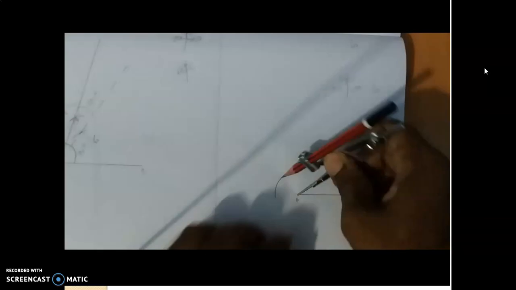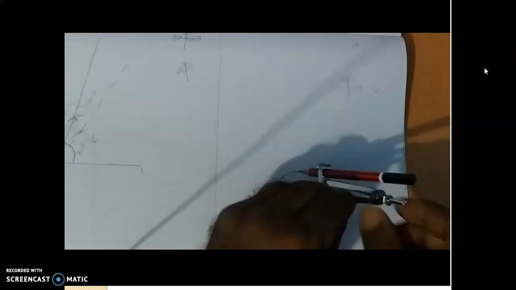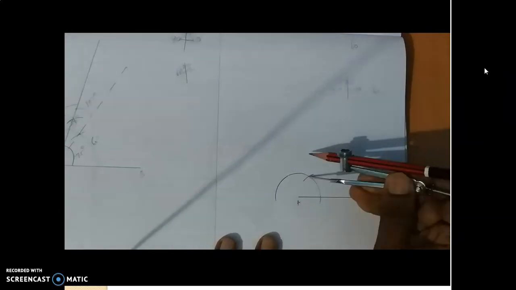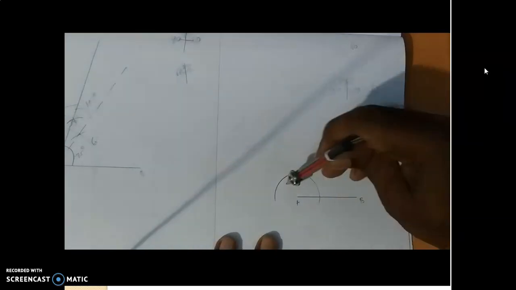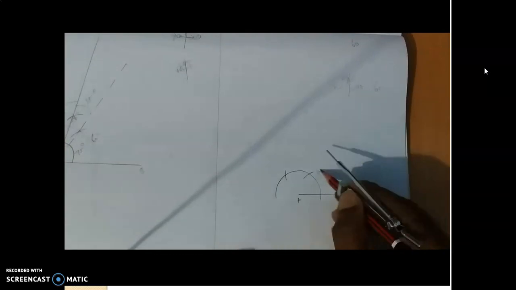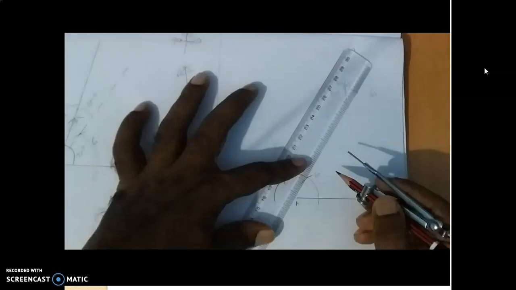So how can we draw 60 degree? As usual, let us take this one A, this one B. Then for 60 degree, you can draw an arc from A. So this is the arc, and then without changing anything, from here draw one more arc. So this is 60 degree, and without changing the measurement, keep this as a center again and draw one more arc. This is one more 60 degree. So this one is 60 degree and this one is 120 degree. Okay, so draw the dotted line through these two angles.